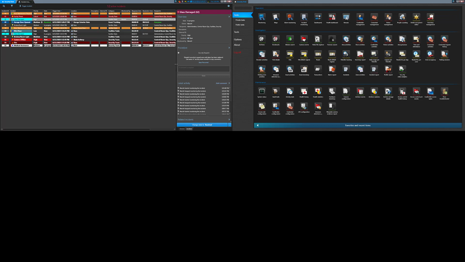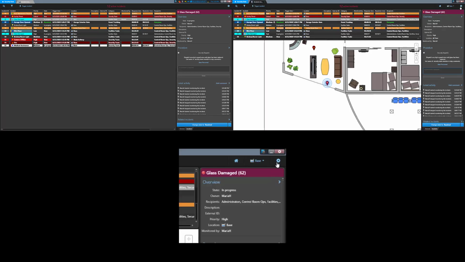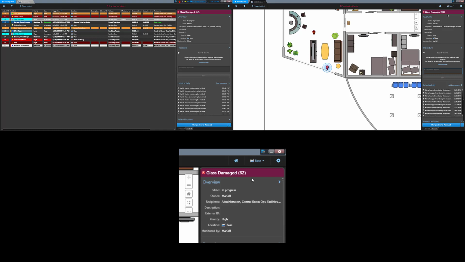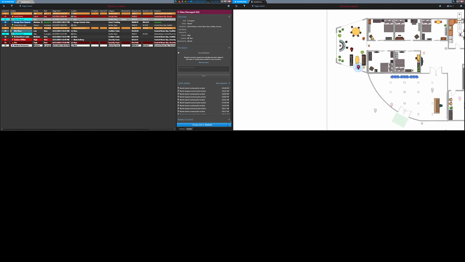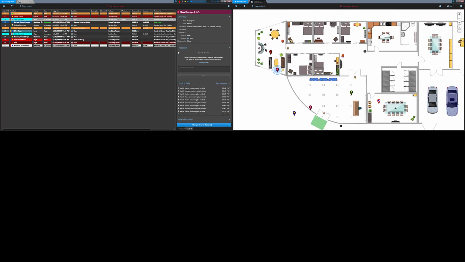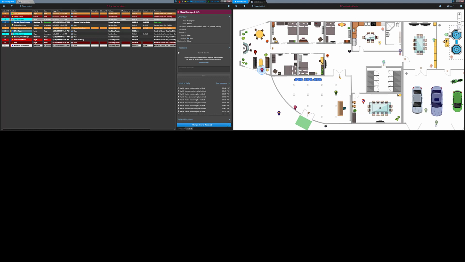Now, on the monitor on the right side, I'm going to put my map there so I can see where things are happening and if anything new pops up. In the security desk window, I'm going to choose the incident monitoring task. Once that comes up, I'm going to go to the setup icon for that task, and I'm going to select Map Only and uncheck the Show Incident Details pane selection. Now I can easily track everything on the right monitor and select what I want to work on and respond to incidents on my left monitor.